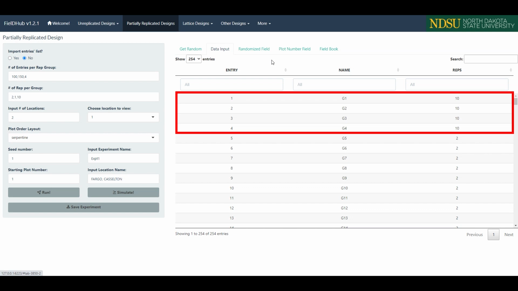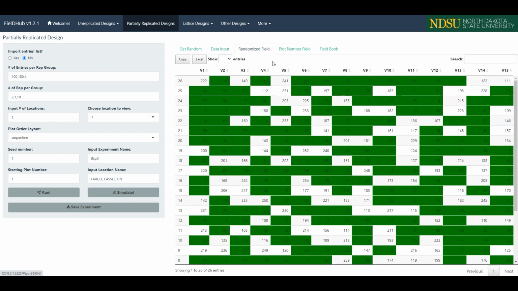of the table. On the next tab, Randomized Field, we have a graphical layout of the field with dimensions we selected. The field has labeled columns and rows, and each plot contains the number of the entry in it. The replicated entries are colored green, and the unreplicated entries are colored white. Like the other designs, we have buttons to copy this layout to the clipboard and to save the layout as